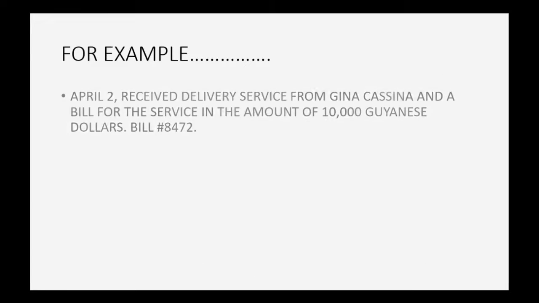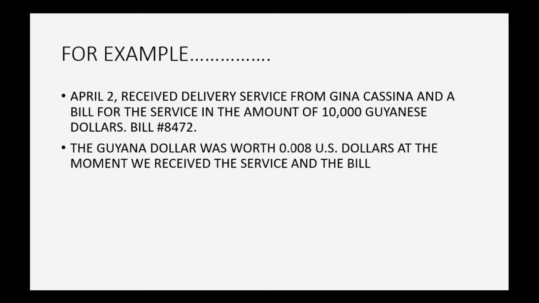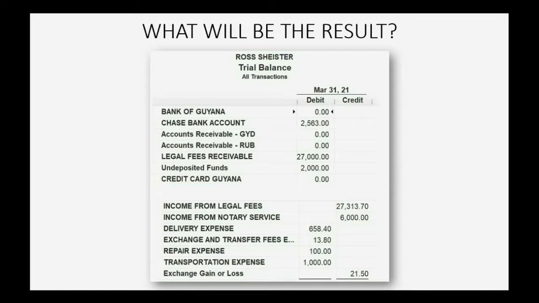For example, let's imagine on April 2nd, you received delivery service from Gina Casina and a bill for the service in the amount of 10,000 Guyanese dollars, and it was bill number 8472. The Guyana dollar was worth only 0.008 US dollars at the moment we received the service and the bill. So what will be the result? Well, we know that accounts payable Guyana dollars will show up for the first time as 80 US dollars because that's